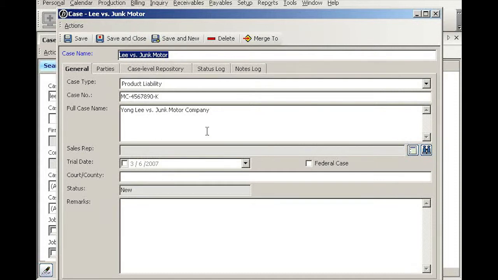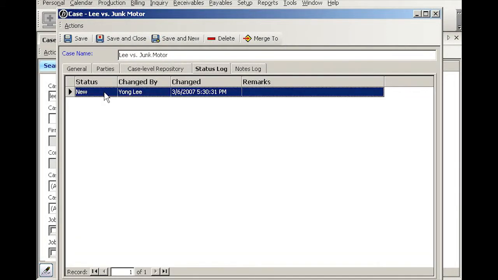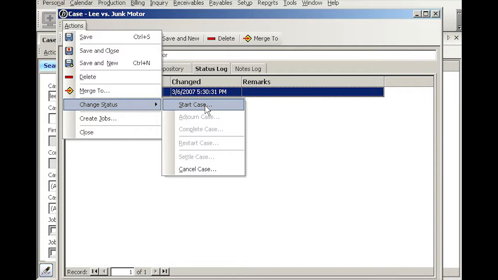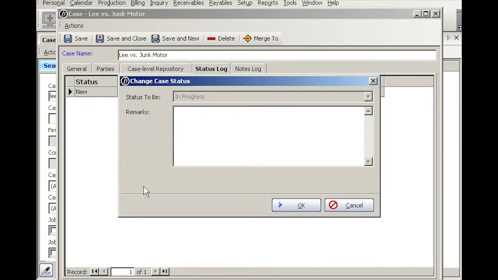Now we just set up this case, and if you look at the status log, it'll say new, and then the name of the person who set up this case and a date and time. Now, one thing you need to do to actually start the case, or basically just to initiate it, go to Actions, change the status, and go Start the case, and maybe you can say something like